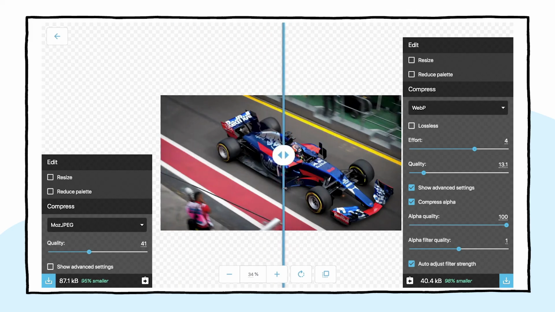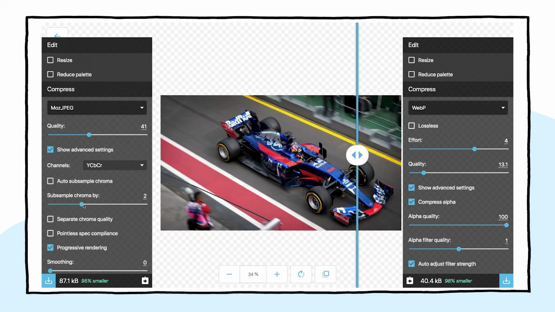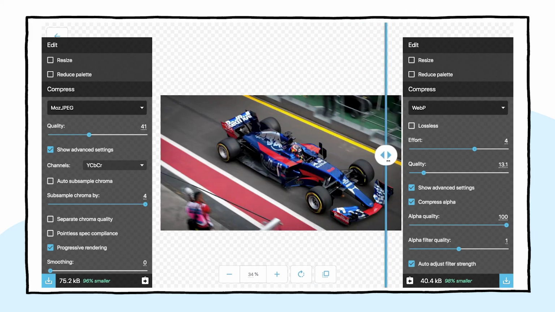There are things you can do to improve it if you want to spend the time. More advanced settings. The most interesting advanced setting here, I think, is the chroma subsampling. This is what we discussed before, right? This is just reducing that color data. Especially if you're on a high density screen, you can get away with less. In fact, most of the time, I would say you can just turn this up to 4. We saw earlier that this particular picture is kind of sensitive to color reduction. So 3 was a good one there. But that knocks 10k off, so it's worth having.